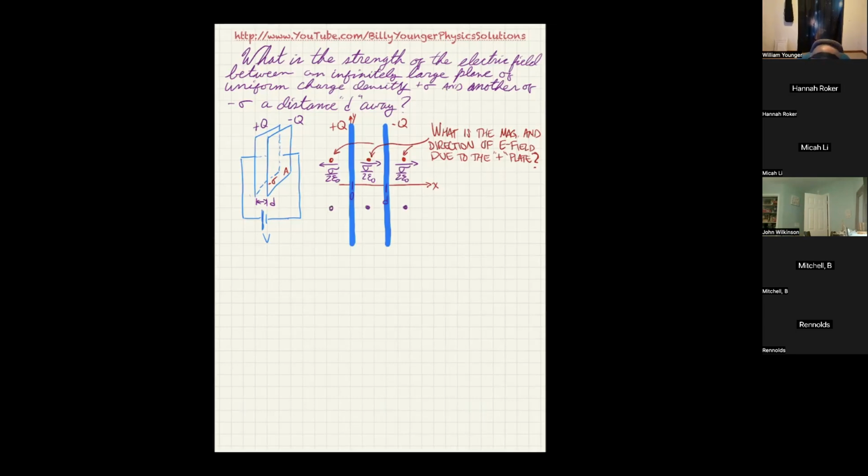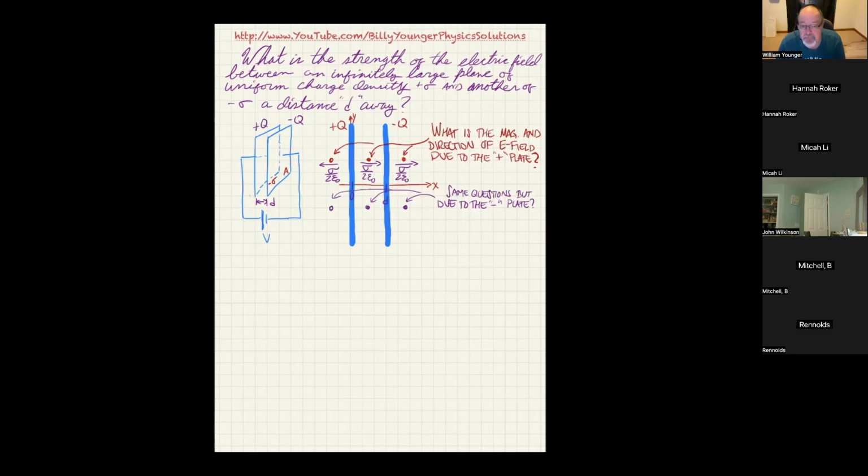So let's say, same questions, but I don't want to put it there. I don't have enough room, but due to the negative plate. So this time we're saying what there, and what there. So can anybody tell me between the plates, which direction will the electric field due to the